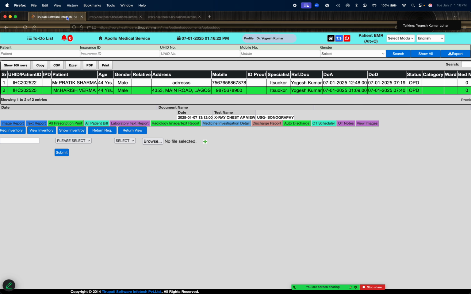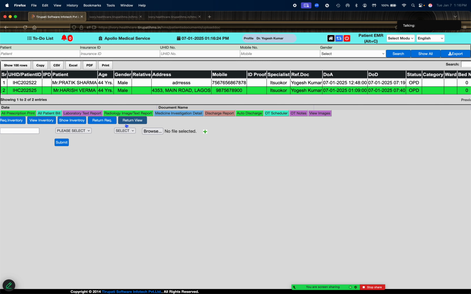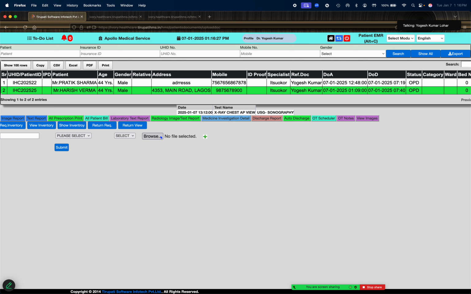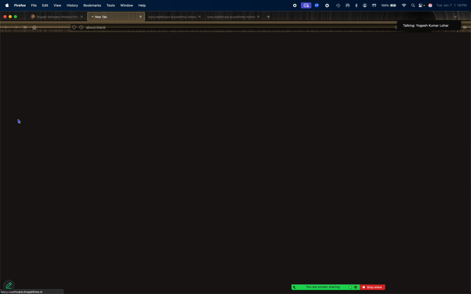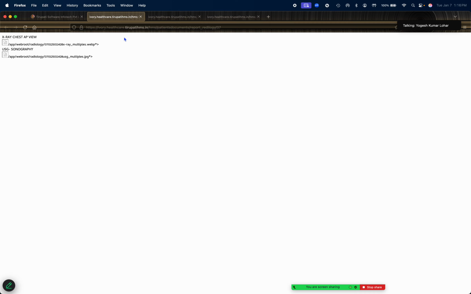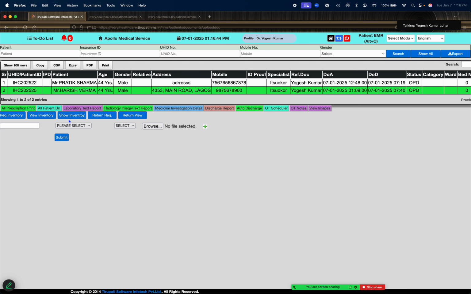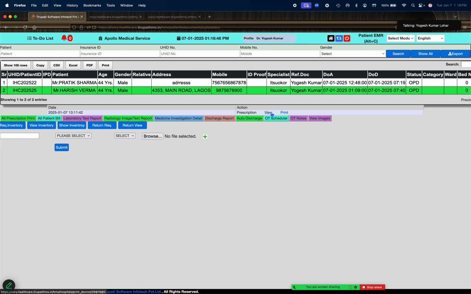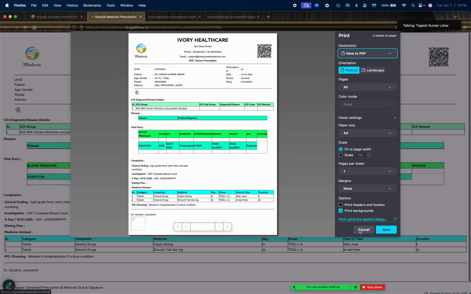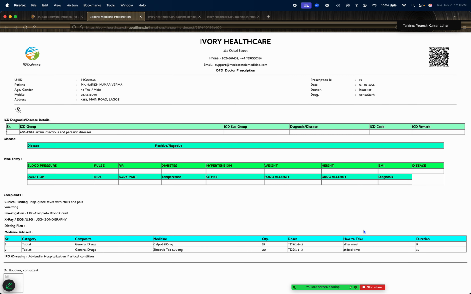Okay, if you want to see the radiology image report, you go to the radiology window report section, select the test name and just click on image report. So the patient image report will also be available in printable form, in the proper way of the patient portal, like this. Okay, if the doctor wants to see the patient prescription, he clicks on the prescription window and can see what prescription was advised to the patient. Here the referral doctor can see the patient's respective prescription which you have prescribed to that patient.